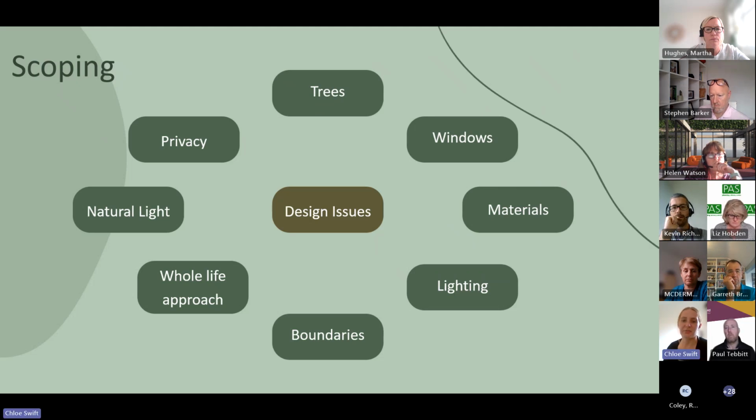The beginning of the coding process involved considerable consultation with our development management team to identify some of the key issues that they face when assessing planning applications, and these key issues are shown on the screen. The most important and pertinent issues to the team was the importance of local materials in all types of developments to conserve and enhance local character. For example, the importance of local slate roofs over other types of slate, such as Spanish slate, that has a detrimental impact on towns and villages in the Lake District.